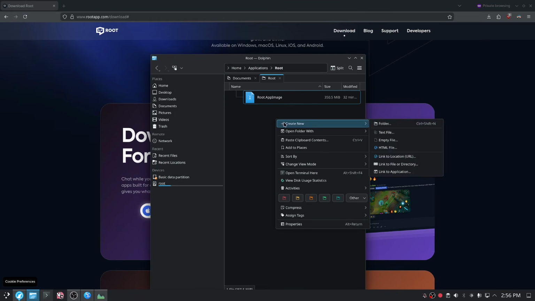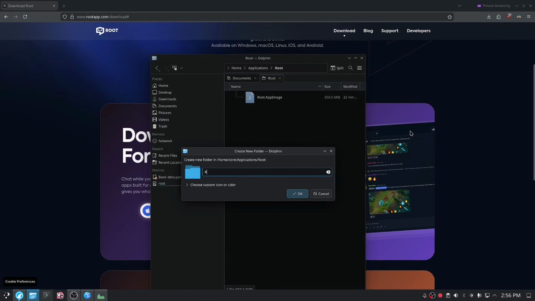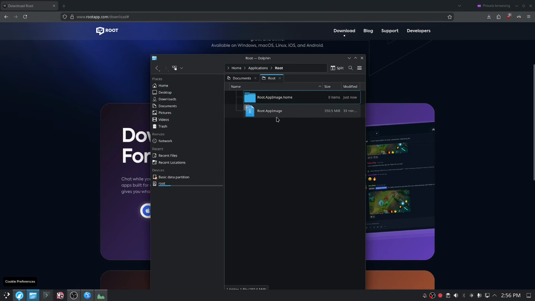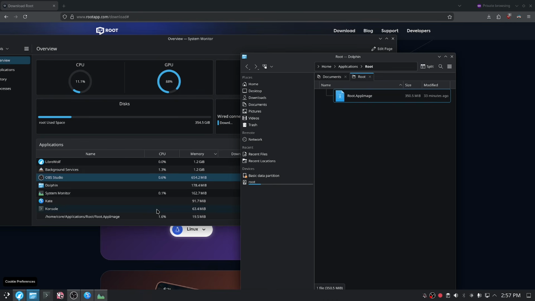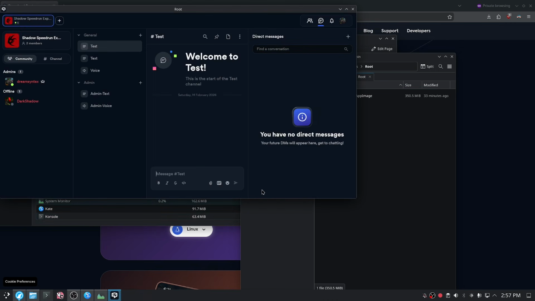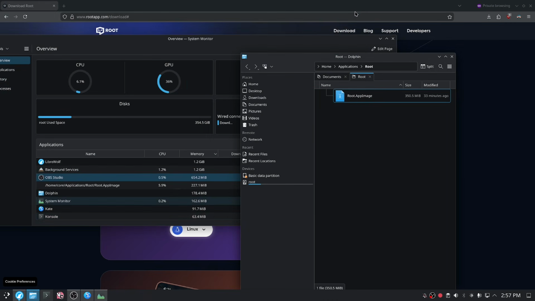Alright, if you're not familiar with Linux, with app images, you are supposed to be able to do this, where you make an app image folder name and then you call it .home. So what this will do is effectively make this app image portable, and it should dump all of its configs into here. So if I go ahead and run it, what's going on? Nothing is happening. I do it again, nothing is happening. Okay, so that's a little bit weird. Why is it not launching? So if I go ahead and delete this folder and reopen it again, suddenly it launches. So that is not standard app image behavior, that's very weird, so a little bit of a red flag there.